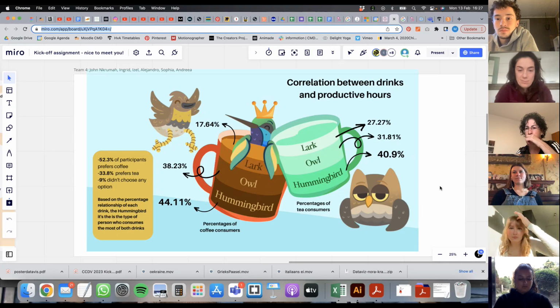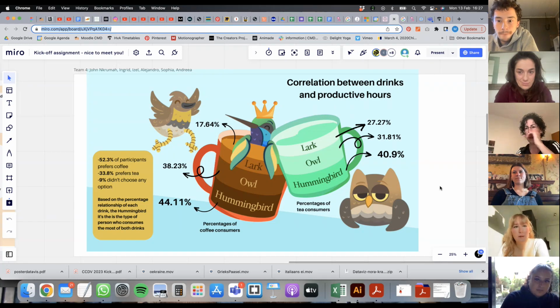And I think we took a little bit more from the previous examples because we needed a little bit of an idea how to do it. But in the end, we just wanted to be super illustrative and super interactive. So that's why we chose the mugs to show the tea and the coffee. And then, of course, the animals around it to show the percentage, so the data is clearer when you see it. So, yeah, that's about it.